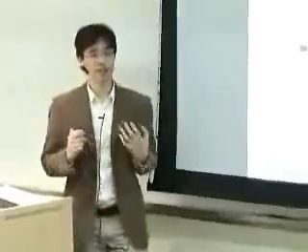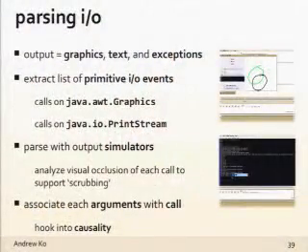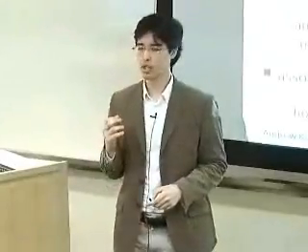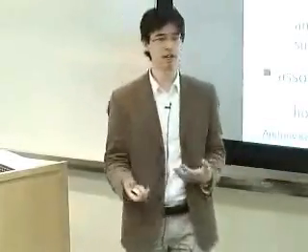Before any users can ask questions about any of that history, we need to parse all of that history and come up with some sort of interface for people to be able to point to things. So the way that works is basically different for each of these different modalities. The prototype that I have supports graphical output, console output as text, and exceptions that are thrown. You can see a picture on the right there. If you have a purely console-based application, you can still ask questions about anything that it prints out, values, errors, things like that.